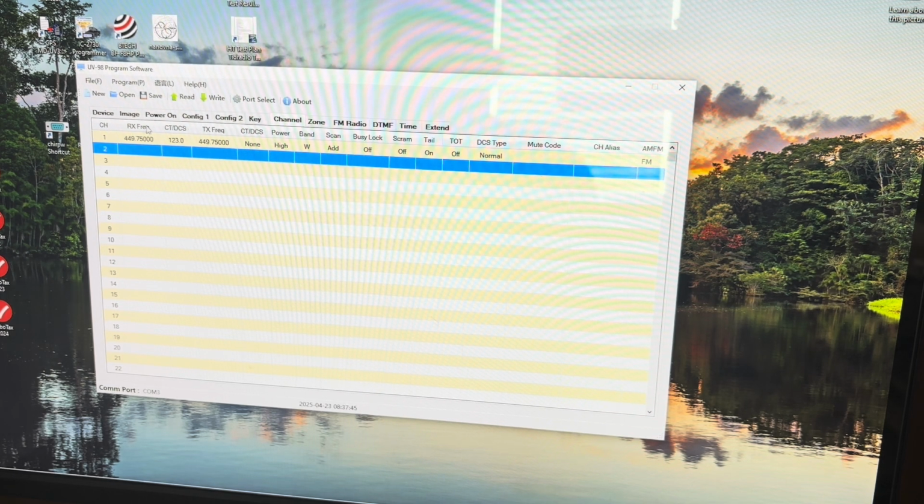It says receive frequency over here, but you have to put the transmit in. And when it says transmit frequency here, you have to put the receive in. But that's for another radio. I'll keep the power as high, the band wide. I'll add it to the scan. Busy lock off, scrambled off, the tail